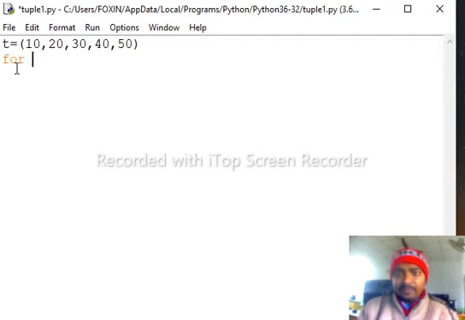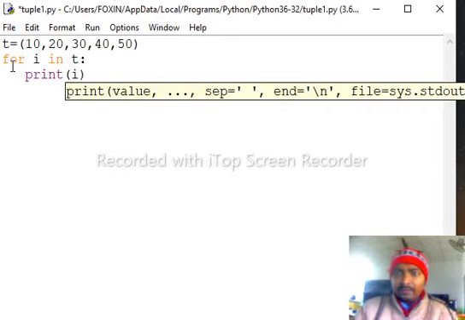Type for i in t. In this case, all the elements of tuple t are stored inside the variable i one by one using the for loop. Okay, using a print statement, print the value of i.